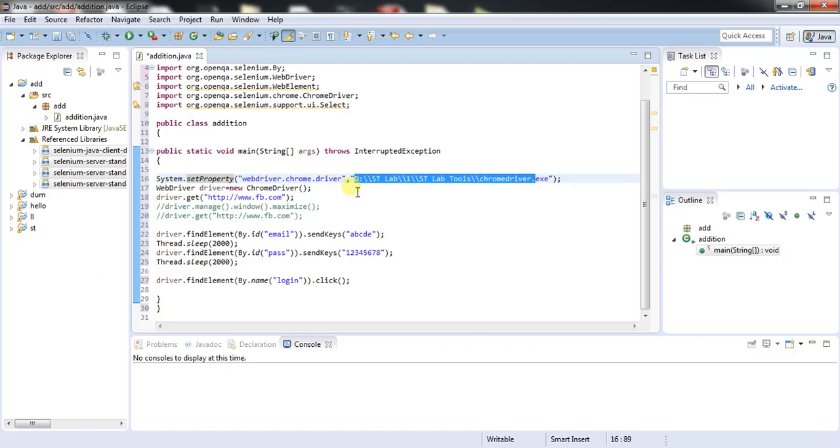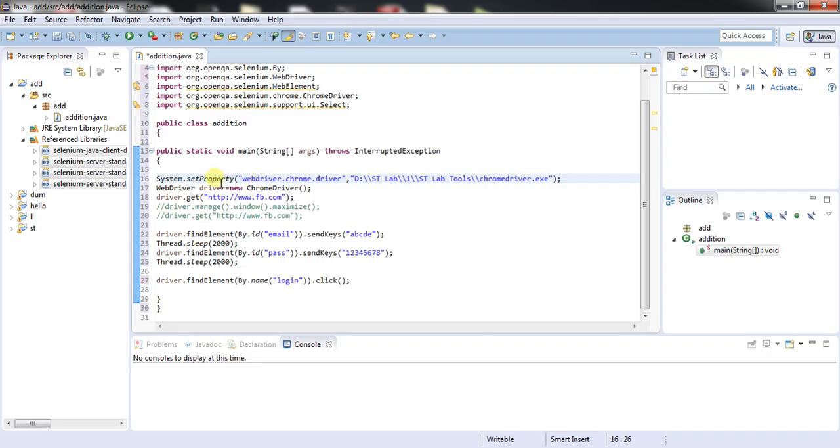Remember one thing: we can't use a single backward slash here, because we need to escape it. For escaping, we need to use double backward slashes. So D, STLab1, STLab tools, Chrome driver. In this path my Chrome driver is available, named chromedriver.exe.